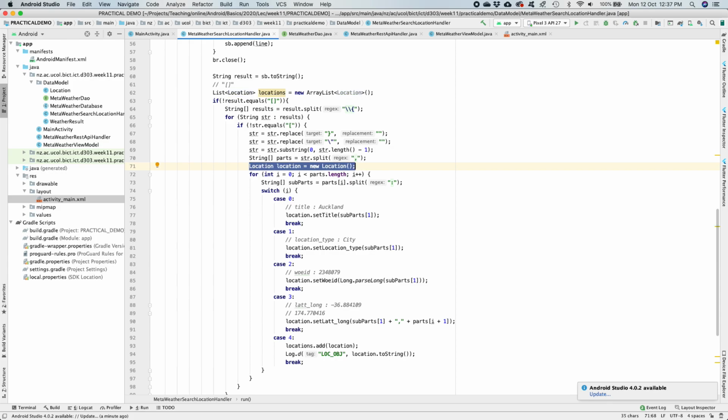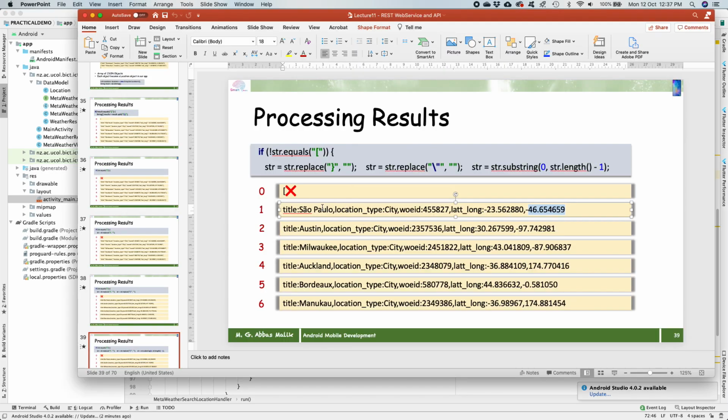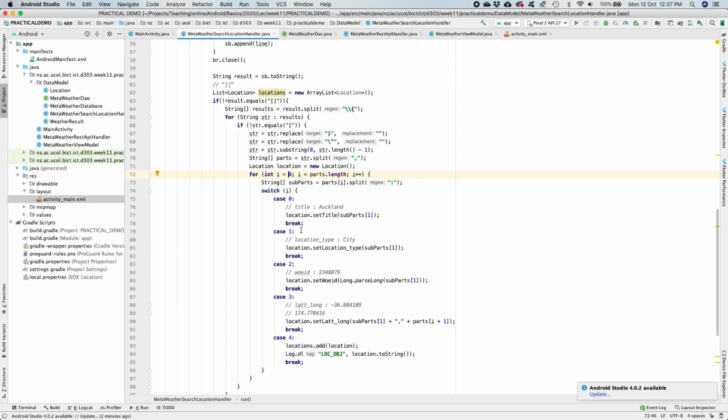and then we can say that we are creating a location object, an empty object. That is the reason I created, inside the location class, an empty constructor. Okay, and then for each index value that is present in the key value pairs, so index value 0, 1, 2, 3, 4, we have 5 values. So we start with that, and then 0, 1, 2, 3, 4, so these are the 5 values. So for the 0 value we are putting that into the title,